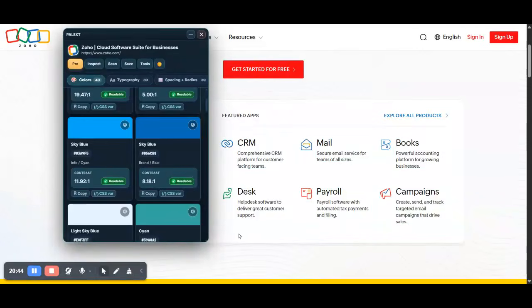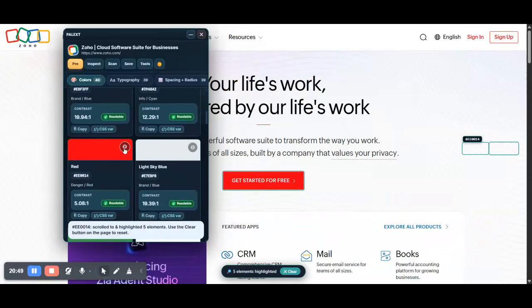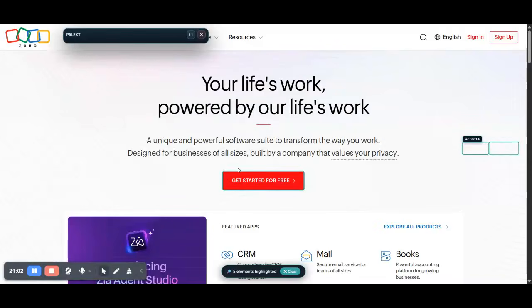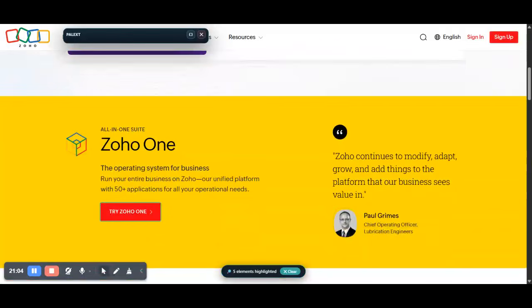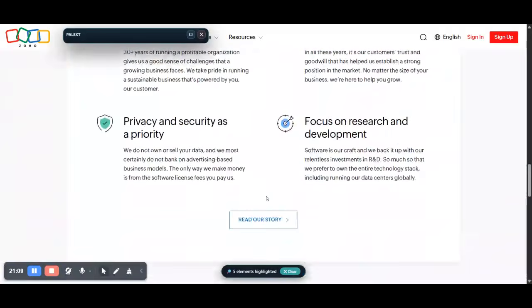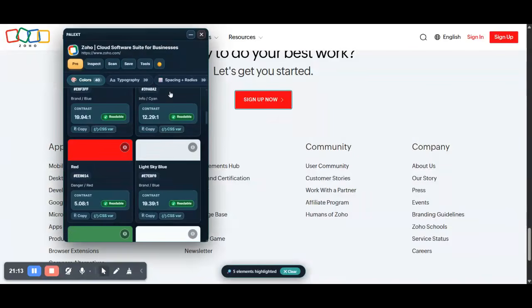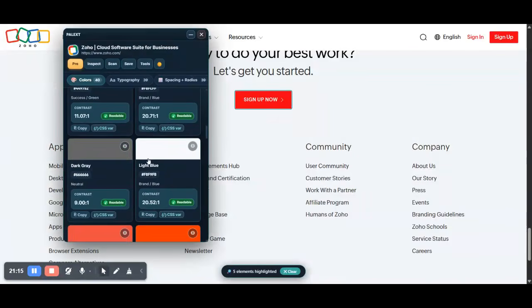Let me clear this. Let me see where those red colors are. Maybe some hidden part over there. So it's basically checking all of those sites, all of those buttons. So here also you can see one border is there, this one, and here. So this is the colors,